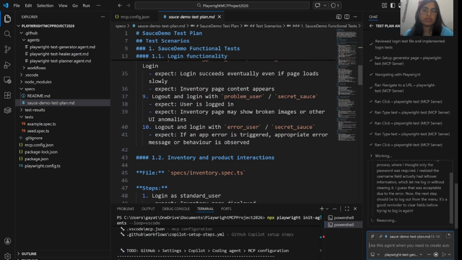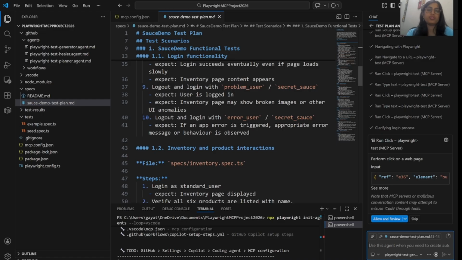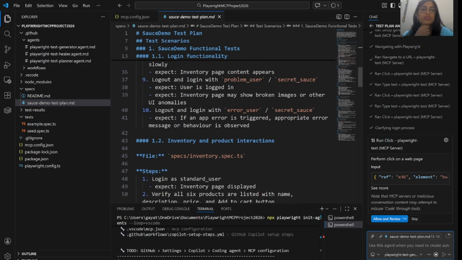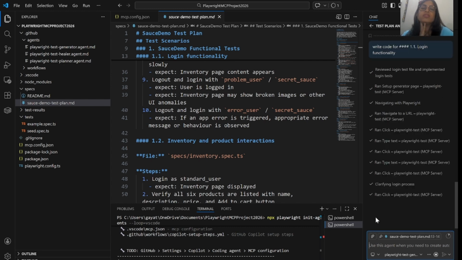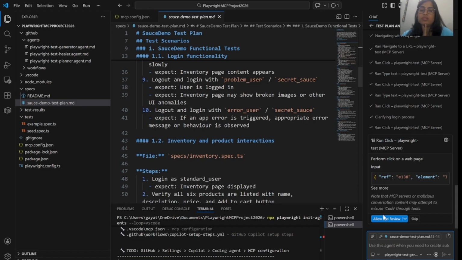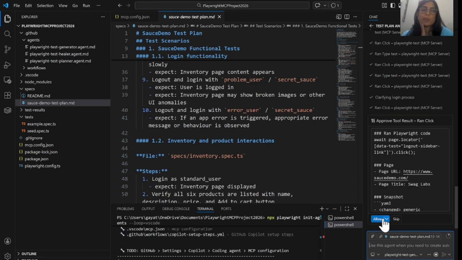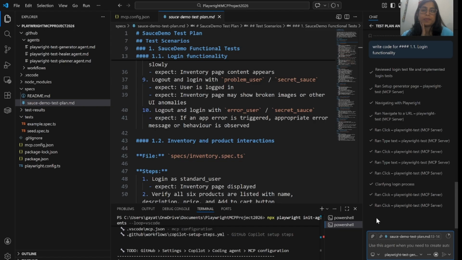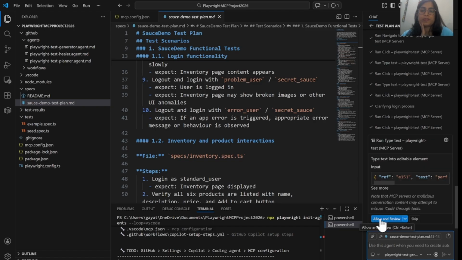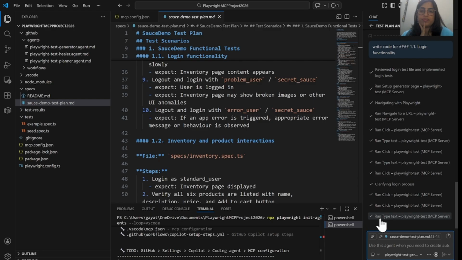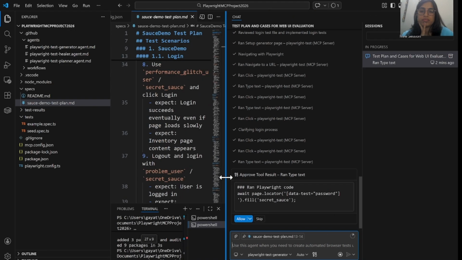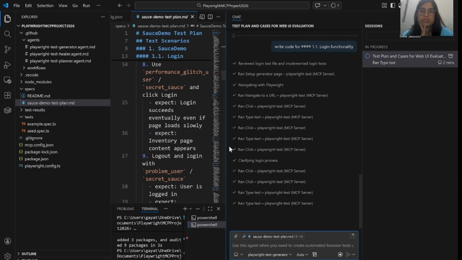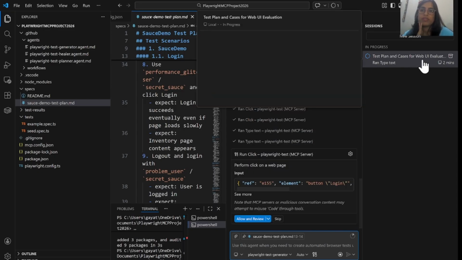Log out and log in with an error user; if an error is triggered, the appropriate error message should be shown. Okay. Skip on it. Web UI evaluate.